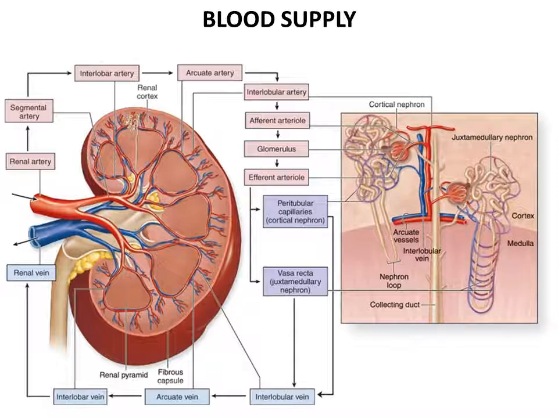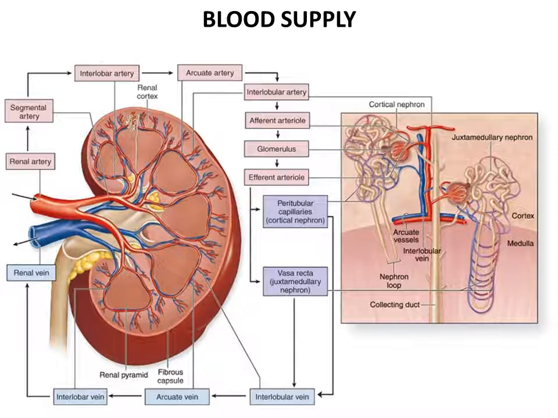From the interlobular arteries arise a number of afferent arterioles which form the glomerular capillary plexus. Arising from this plexus are the efferent arterioles. These efferent arterioles are of 2 types depending upon the site of origin. The cortical efferent arterioles form a peritubular plexus within the cortex around the proximal and distal convoluted tubules, whereas the juxtamedullary efferent arterioles proceed downwards in the pyramid and divide into straight arterioles known as vasa recta, which break up into a capillary plexus around the loop of Henle.